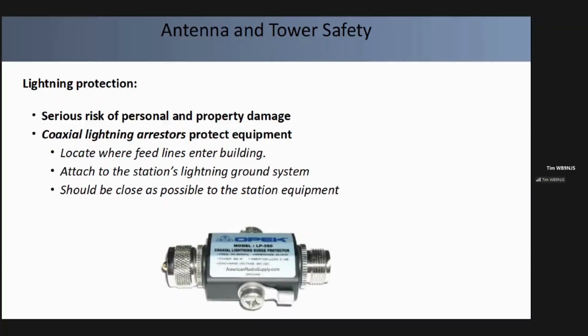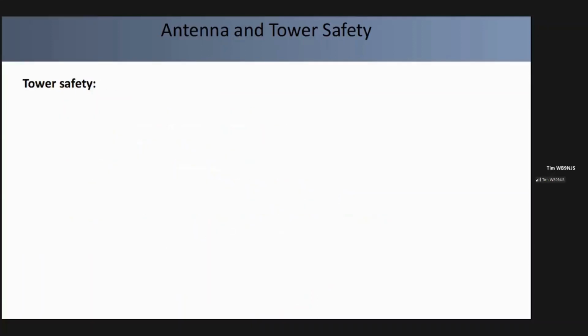So those are the concepts you'll see in the exam regarding lightning arresters. The other question relates to the lightning protection ground rod. Those should be as close as possible to the station equipment, but they should also be bonded, or attached electrically, to all other grounds. So that is the answer to the question. The lightning protection ground rod should be bonded to all other grounds. Okay,